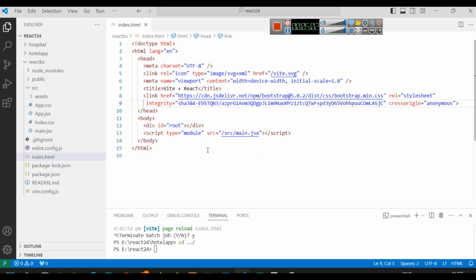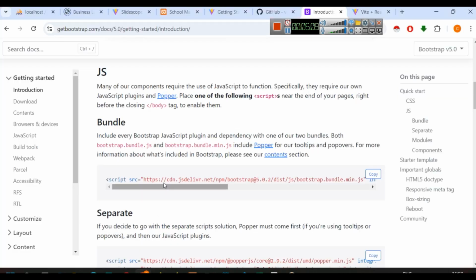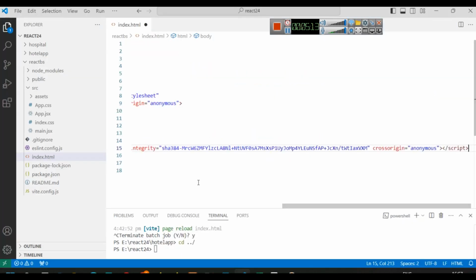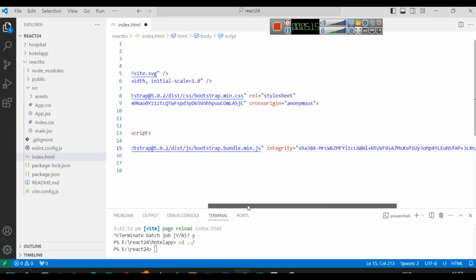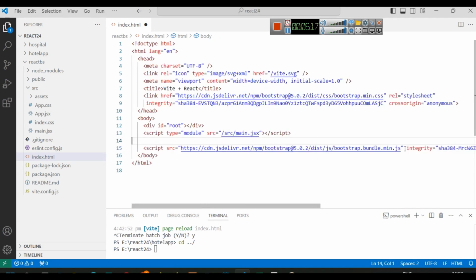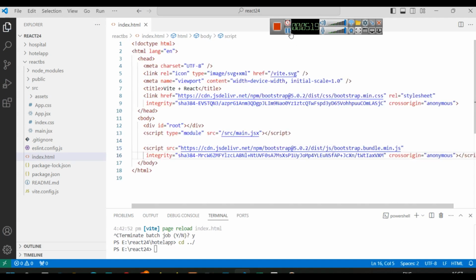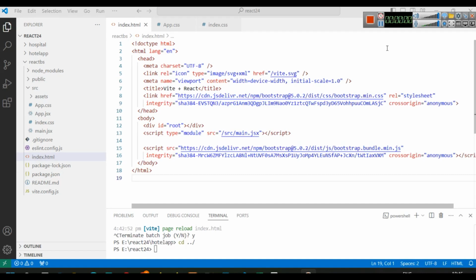And in your closing tag, just below this, we can include the JavaScript file. So these two files that we got from the Bootstrap official website, we will copy here. So after copying the CSS file and after copying the script file,